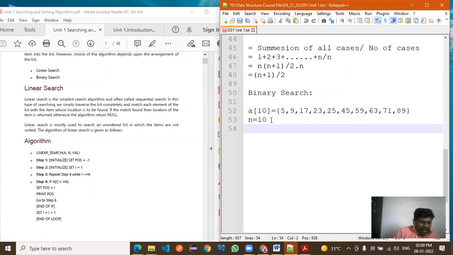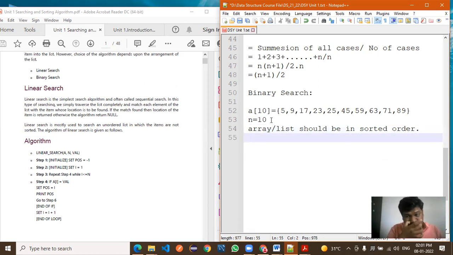Now, binary search. What is the first condition? Whatever array or list you are considering should be in a sorted order.